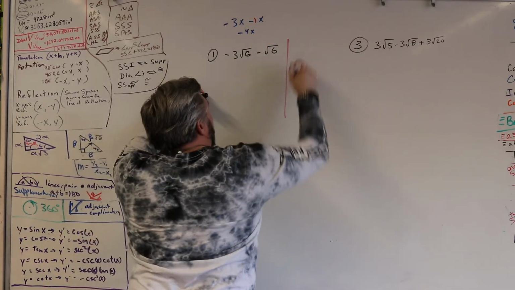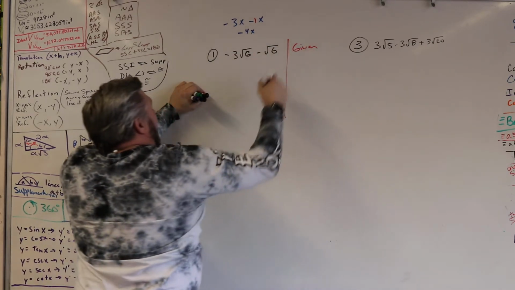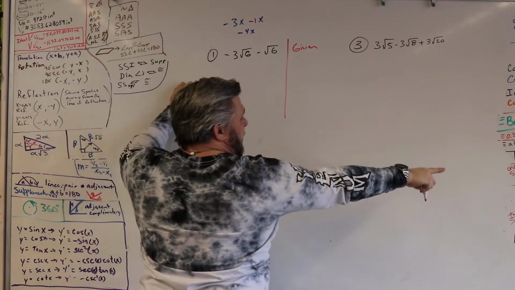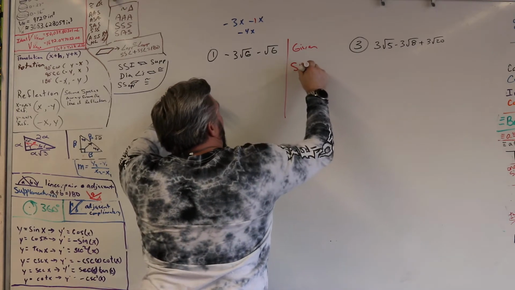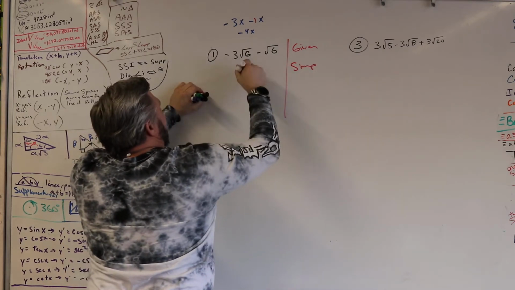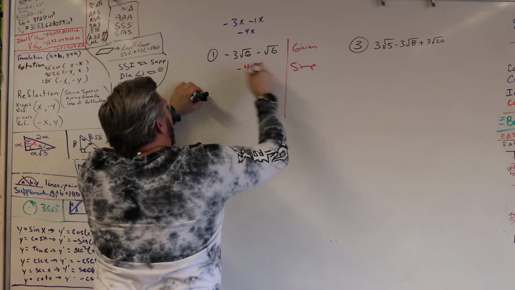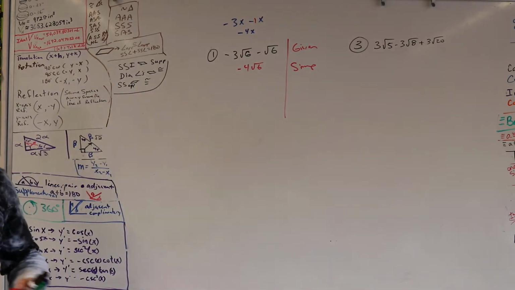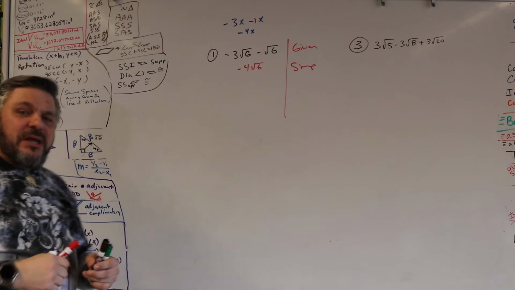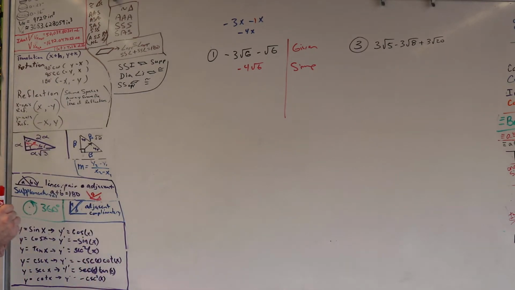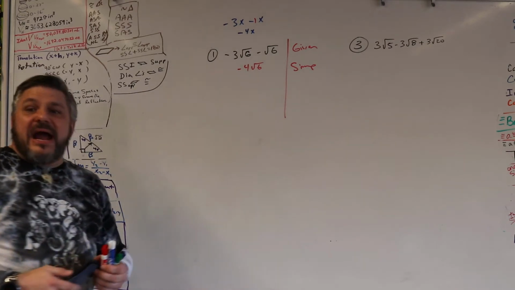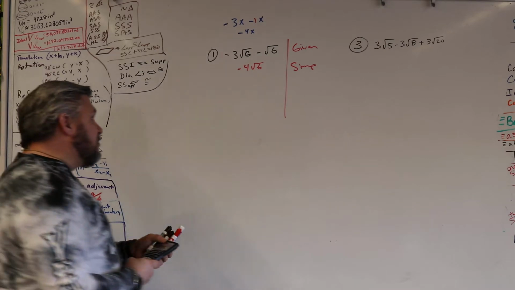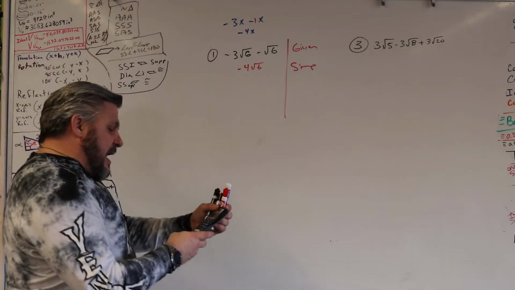Same thing with this. Given, and then we just did the PEMDAS, right? Just adding, subtracting, so all we did was simplify, right? And we said, oh, that's just negative 4 square roots of 6. That's it, okay? Now, if you want to throw it in the calculator, you can. You don't have to. But I would like to see you practice doing both of them. So you got negative 4 square roots of 6, and you'll have